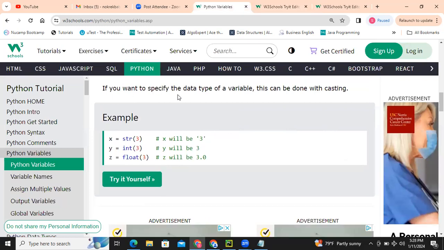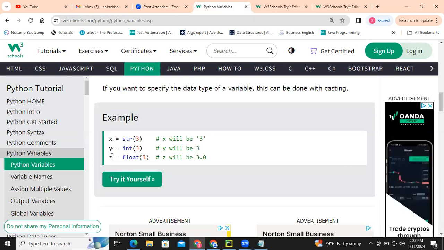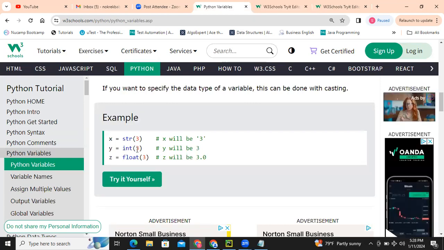if you want to specify the data type of a variable, this can be done with casting. Like x equal to str of 3 means string 3. It will be 3 with quotation marks because we are casting it to string, and y equal to int of 3 will be 3 because we are casting it into an integer.